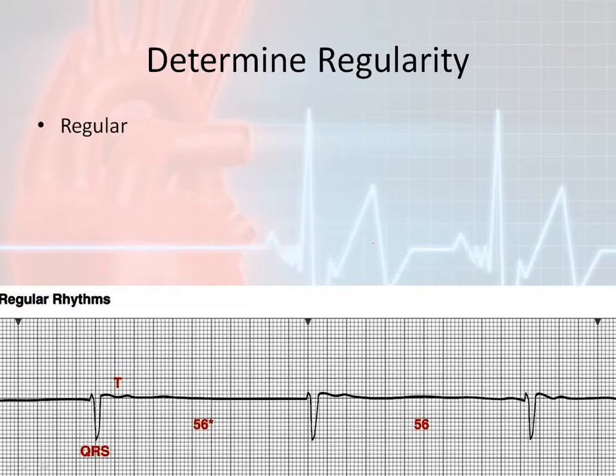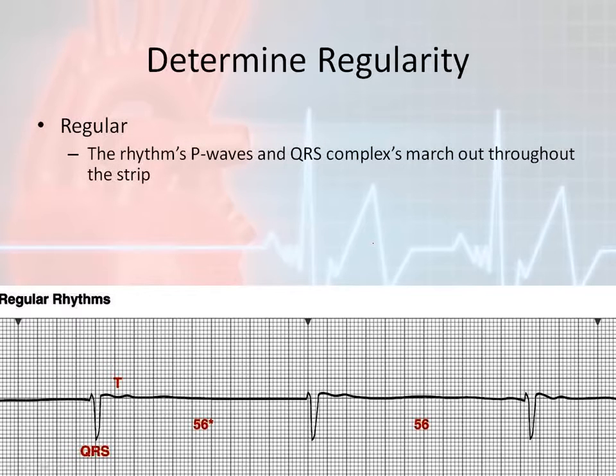This is just some examples of a regular rhythm. These rhythms are regular, and basically what that means is the P waves and QRS complexes march out throughout the strip. Now in this case, we're not actually using the P waves, we're using the QRS complexes. And as you can see, they counted it out for us, which was nice. This is occurring at 56 little boxes